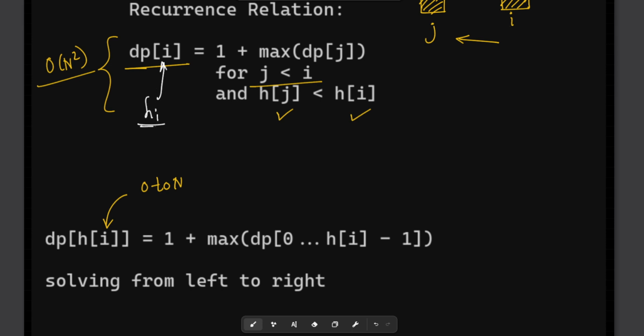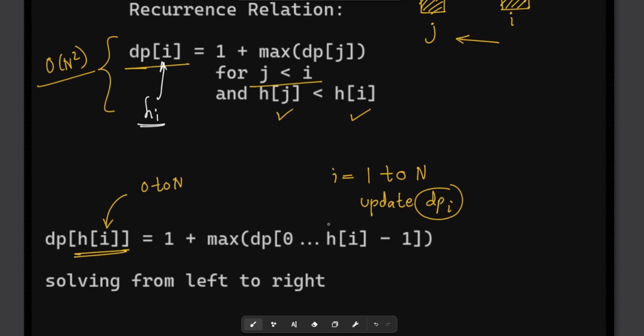If we store heights here, then essentially we only need to update the answer for any index I. Initially we are going to update the answer from all the index from left to right. We are going to update the answer for dp of I from left to right, and to update the dp of I, we essentially update dp of h of I,